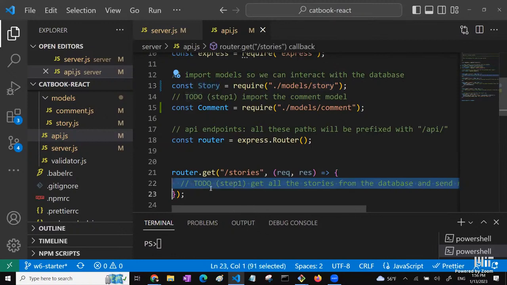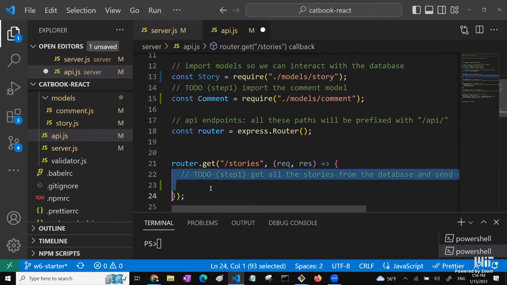So let's go to router.get /stories. Whatever is in this body of code is what the server will do whenever the client or the front end makes a get request to the /api/stories endpoint. This is what the server does to get all of the data that the front end has requested, and in this case, we've defined it to get all of the stories. And to do that, we do Story